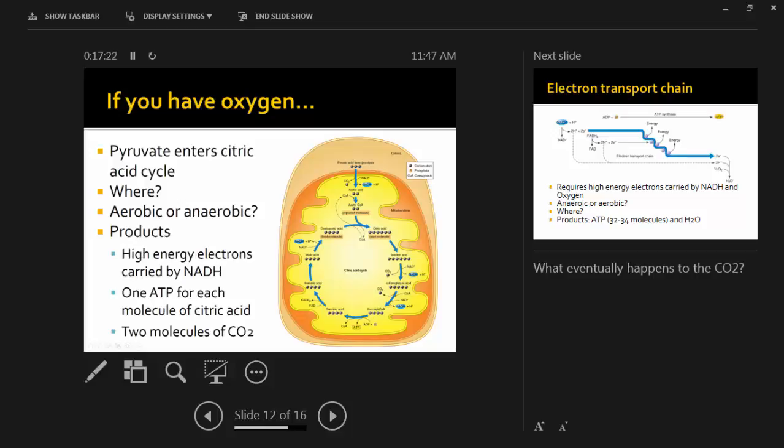Since you produced 2 pyruvates from your first breakdown of glucose in glycolysis, then each citric acid cycle is going to produce 2 ATPs per molecule of glucose. You're also here producing carbon dioxide. So this is the point, you can see it. If I get this mouse up, there you go. This is the point where CO2 is produced by cellular respiration.